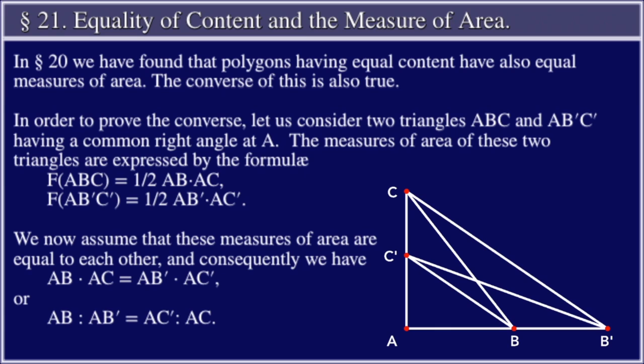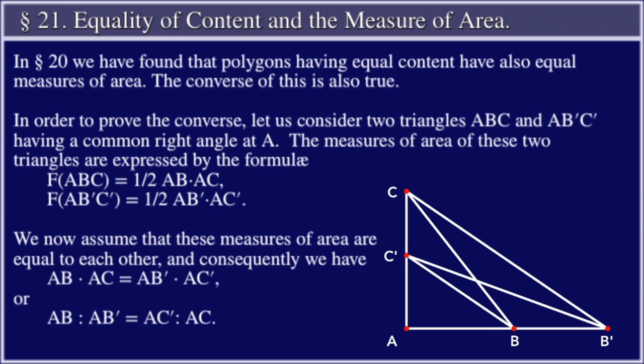In Section 20, we have found that polygons having equal content have also equal measures of area. The converse of this is also true. In order to prove the converse, let us consider two triangles, ABC and AB'C', having a common right angle at A. The measure of area of these two triangles are expressed by the formula f of ABC equals 1/2 AB